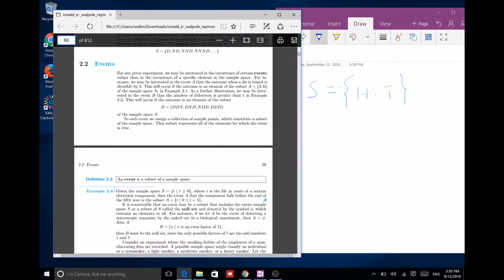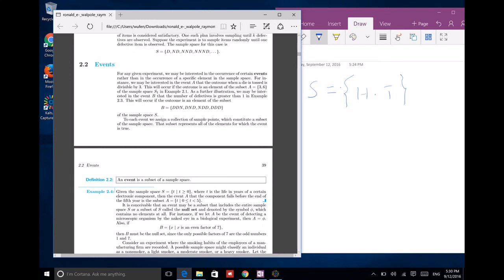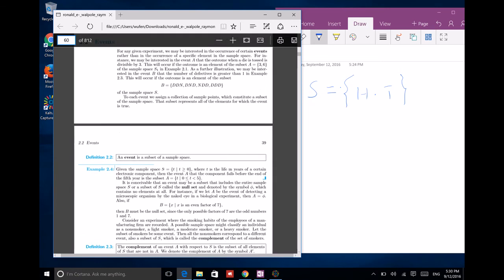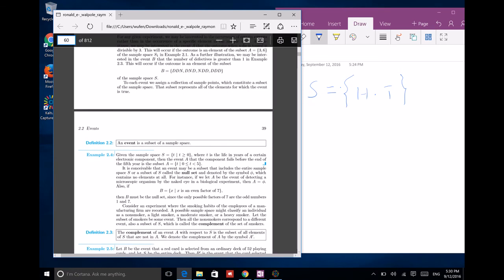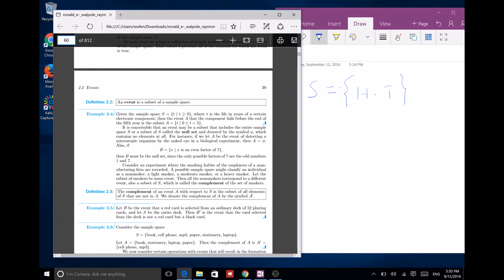The second section is event. An event is a subset of a sample space. A subset is kind of like a sub, and sub means one part. So it's one part of a sample space. Subset of a sample space. For example,